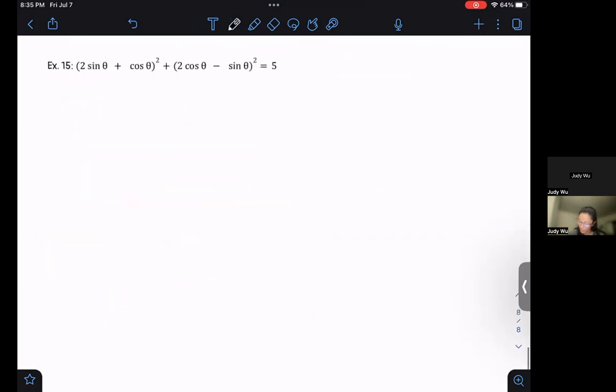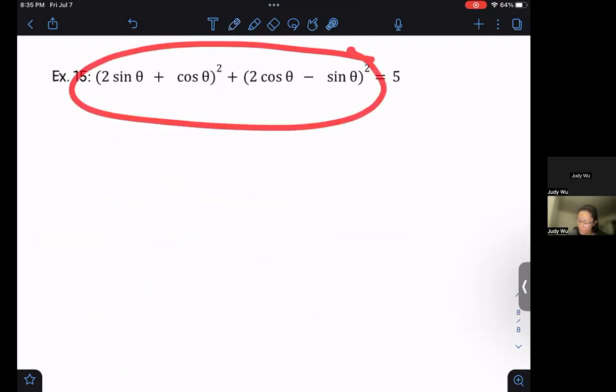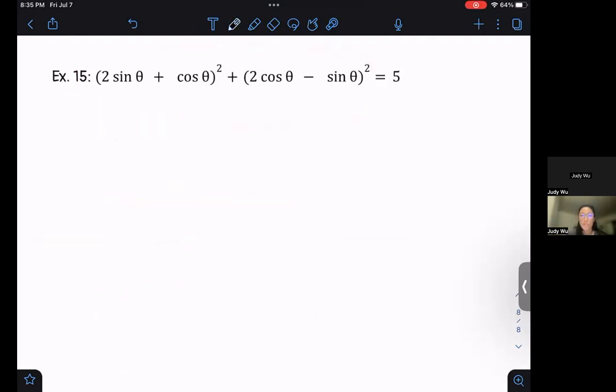All right. Let's take a look at 15 here. So for 15, I think we'd all agree that this left-hand side looks much messier than the right-hand side. So we're going to work with that side. Now this requires us to FOIL, and this also requires us to FOIL. Now this is so important. I'm actually going to take the time to write out what that squared means,